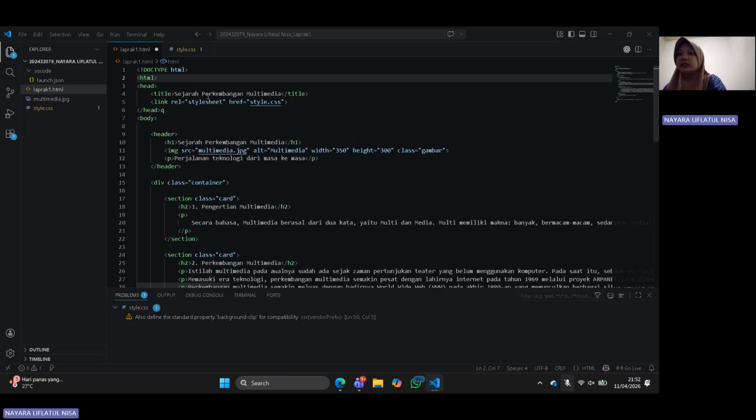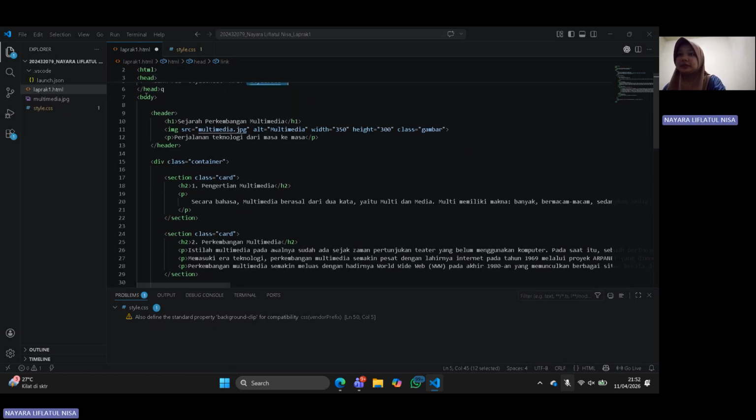Inside the head section, I define the title of the web page, which appears on the browser tab. I also connect the HTML file with an external CSS file using the link tag. This allows me to separate the structure and the design, which makes the code more organized and easier to manage.